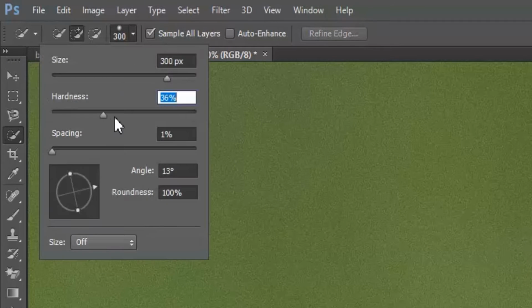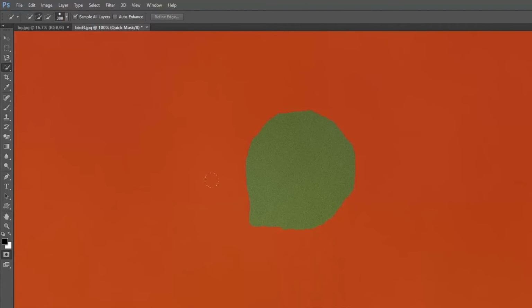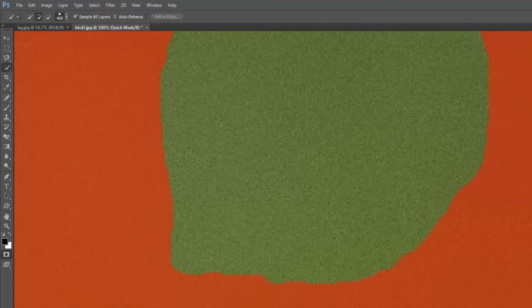You can see faded edges to the selection. I will undo this. With the hardness set to 100%, now if you make a selection, the tool makes the selection with hard edges. I will undo this.